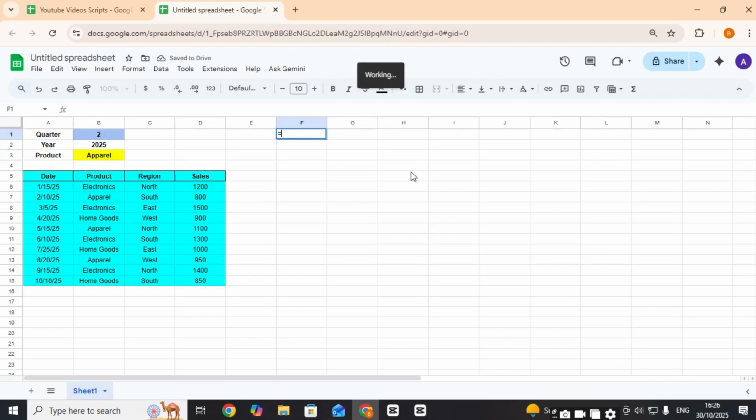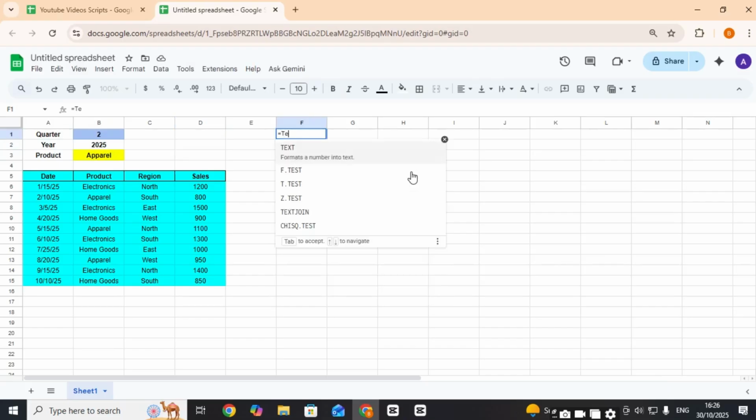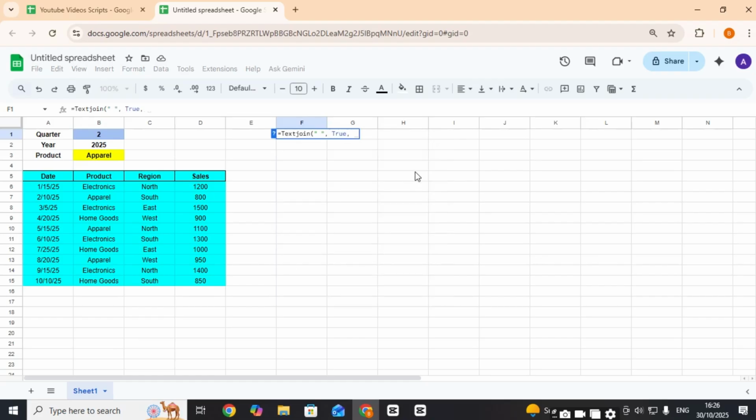First, we need to see the overall sales. So we'll use a TEXTJOIN formula. We want to give space between the words and make it true. The formula belongs to 2025, and then we will add some text. Overall sales report